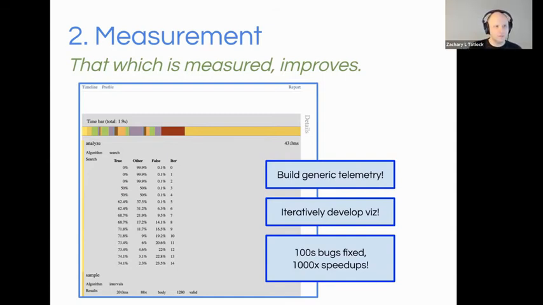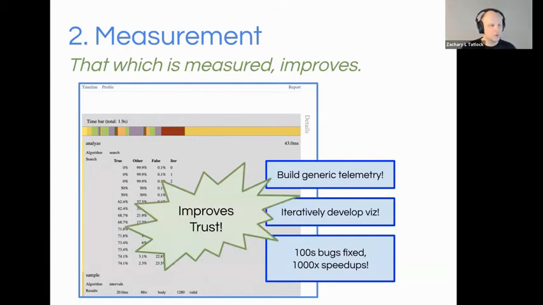So we'll talk a little bit about the most recent Herbie release, but we've had several orders of magnitude speedup in Herbie as a consequence of these metrics and being able to respond to them. Of course, there's also an added benefit to having these metrics, which is that they also improve trust. Now users can look inside and see what's going on. So we'll look at a report or two here in a second,